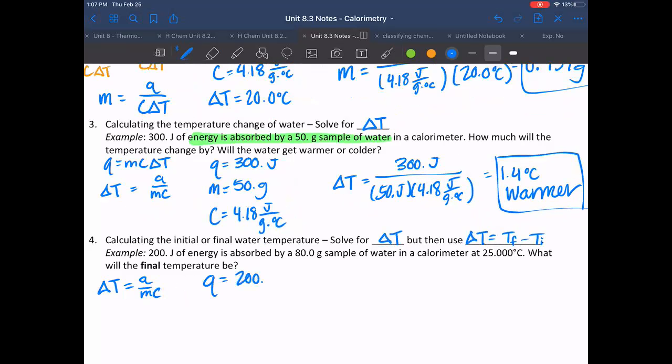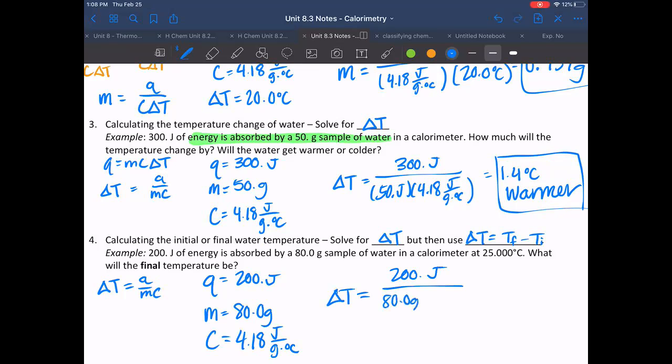Q is 200. M is 80. And C is 4.18. So we are going to solve for our delta T with our 200 joules over our 80 grams of water times our specific heat of 4.18. If we calculate that out, we get a temperature change of